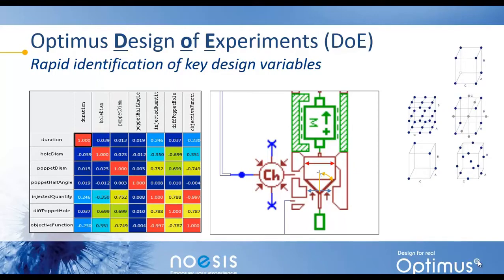In this problem that we're showing right here, on the right you see a picture. It's actually a 1D code used to model an injector valve, a diesel injector. And the design variables in this case are diameters. You have a blue and a red, as well as this angle or this half angle of the poppet or the valve itself. After running a design of experiments, in other words, a sampling of your design space, Optimus can